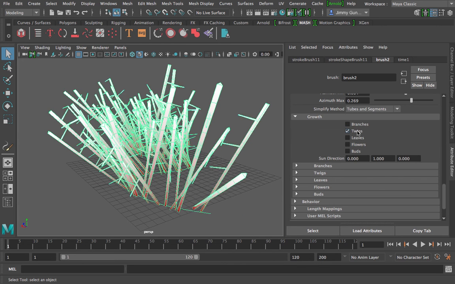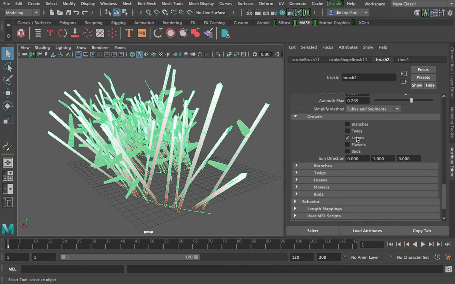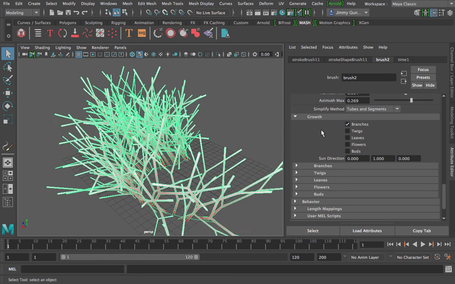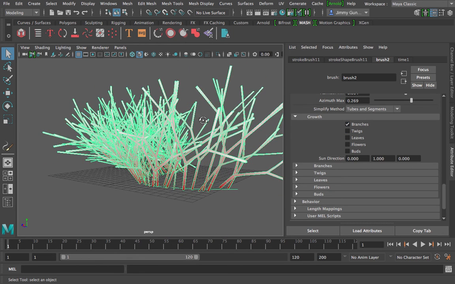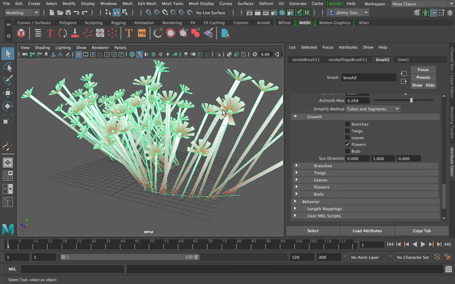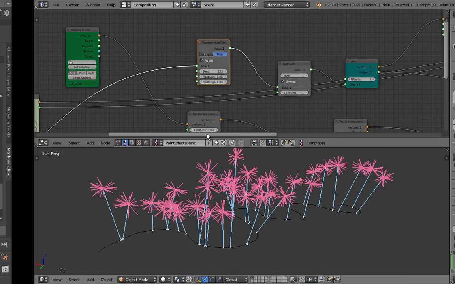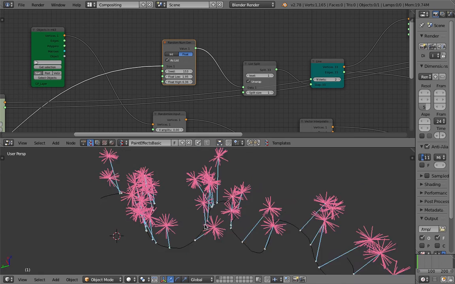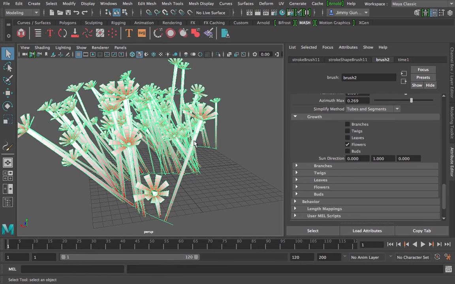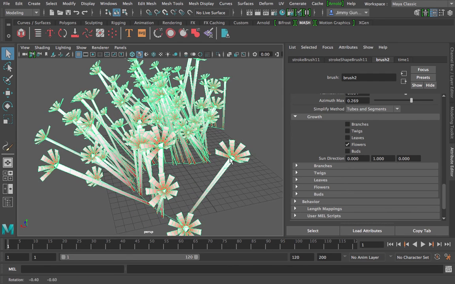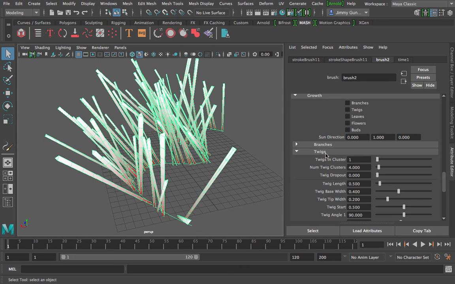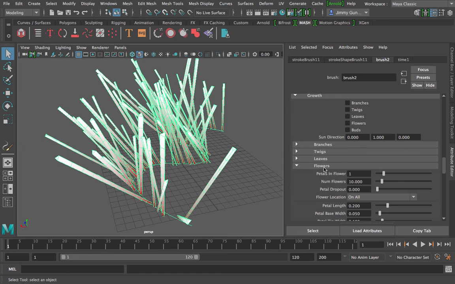Branching, twig, leaves. Leaves is like a flattened twig. So branches. You can sort of do this in Sverchok already. The flower. Now the flower is the one I have currently. This guy is like flower, but it's all over the place, but the flower is more simple, it's more like flattened. So flower, branch, twig, and they have like hundreds of options right here that I don't need to talk about